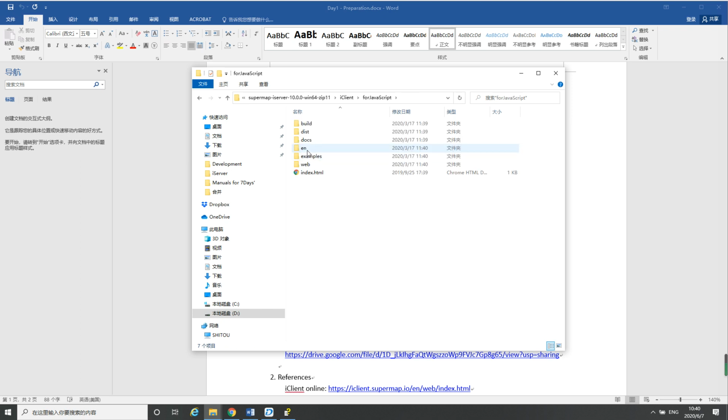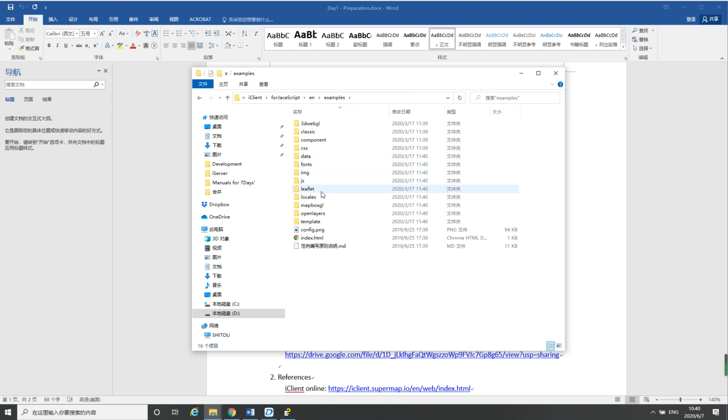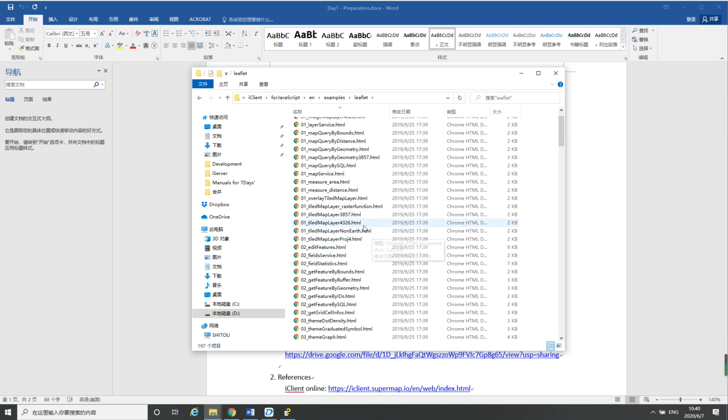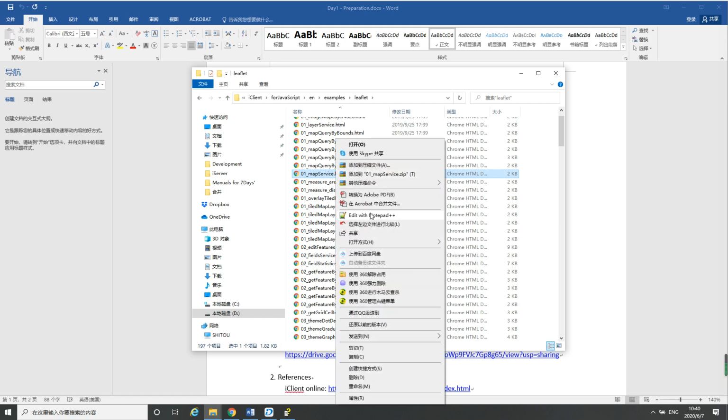And for English, you should choose the English folder. Here are the examples for Leaflet and classic OpenLayers. Here are all the examples, including the whole example codes,